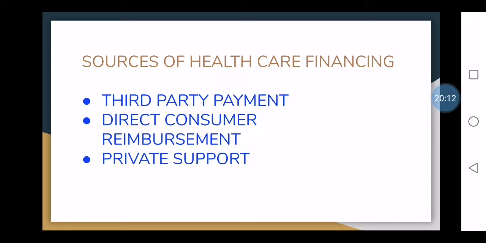What do you mean by third party payment? Third party payments are monetary reimbursements made to providers of healthcare by someone other than the consumer who receives the care. We have four types of third party payments. One is private insurance companies, because you get admitted in the hospital, you have undergone a surgery, but the money is paid through your private insurance company. Next one is independent health plans. So you have taken your own health plans. They pay the amount.